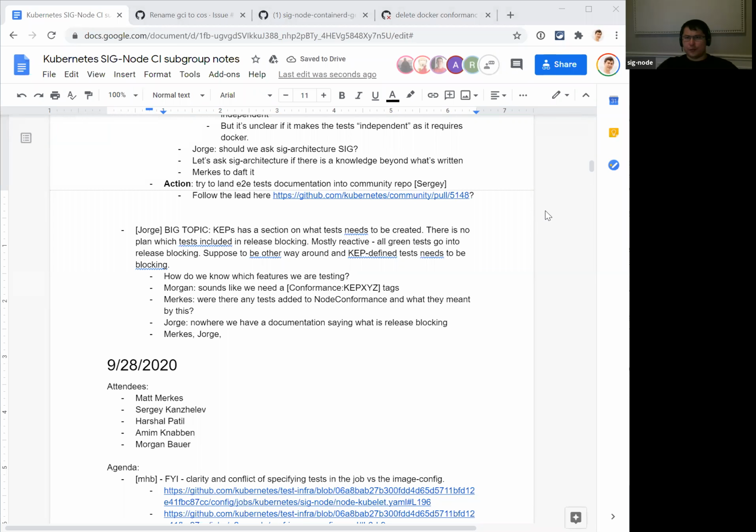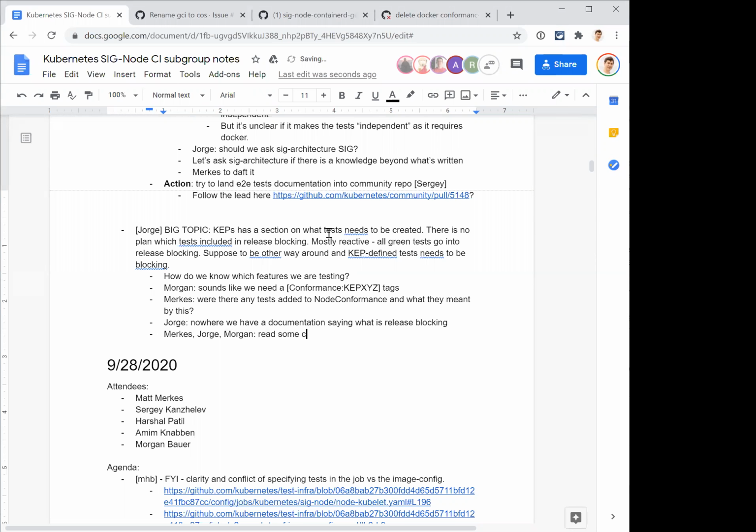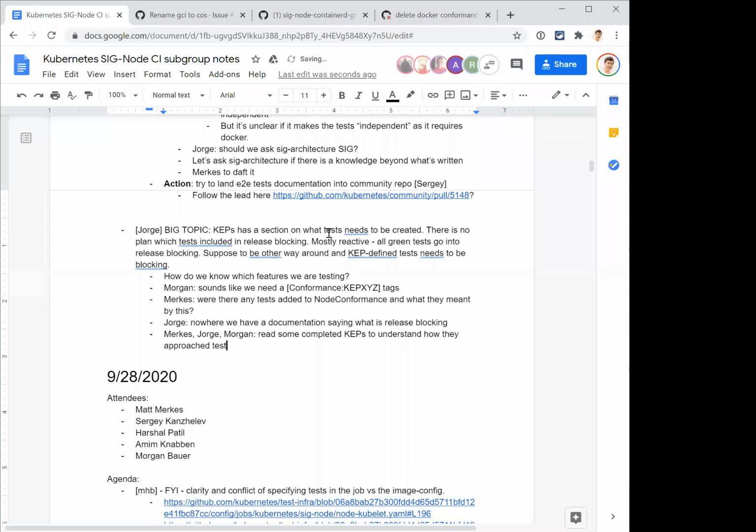Do you want to read proposed KEPs or mostly completed KEPs? I think we need to focus on completed KEPs for now, and as they come up, maybe we can suggest. Well, people are going to do the work separate from us and separate from the KEP itself, so it's hard to maybe follow along with the existing ones. But I think in terms of completed KEPs, it would be good to focus on those, especially because you can ask, okay,